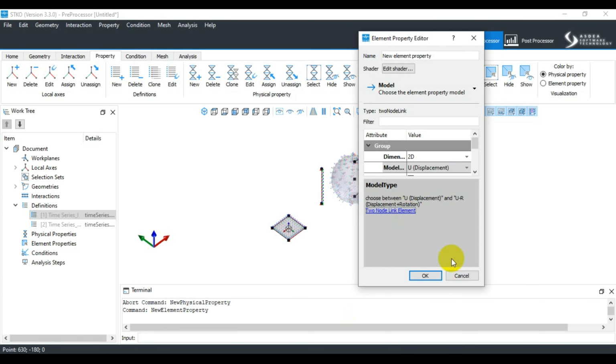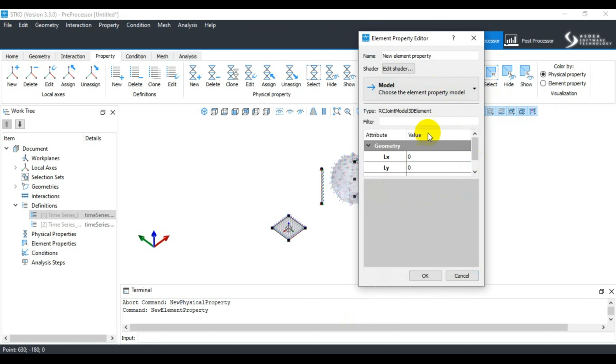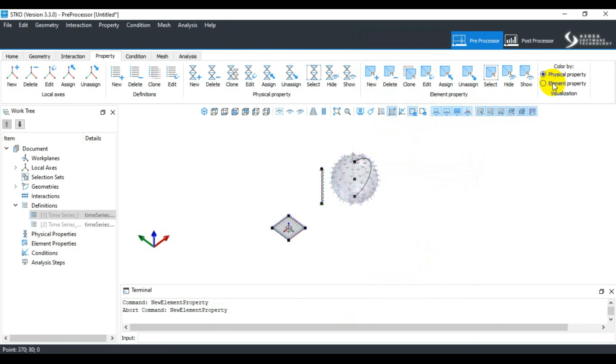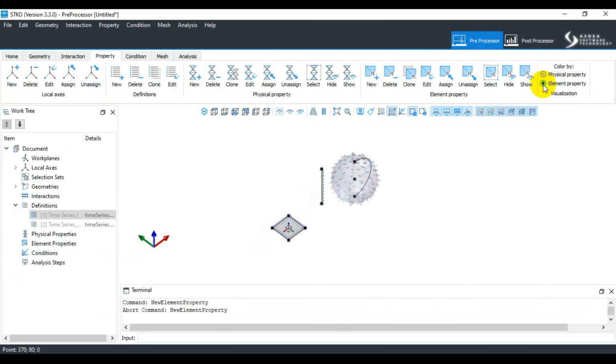So this is related to all those terms, and we can use RC joint model 3D element and all that information associated with our model. And after that, this is the color coding based on element properties and physical properties. Since we have not assigned any element in physical properties here, this visualization is currently not working for us. So this is all related